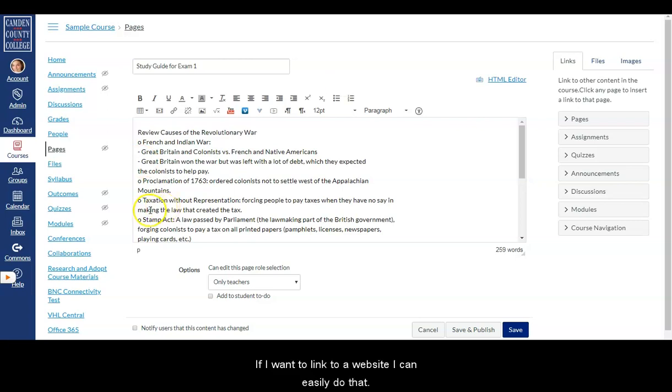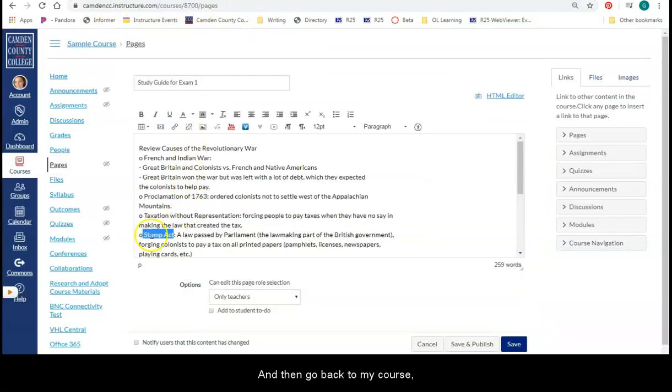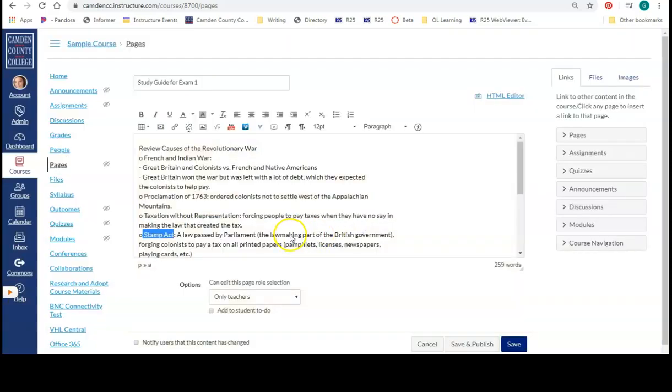If I want to link to a website, I can easily do that. So let's say I want to link to a website about the Stamp Act. I can go to my website and copy the URL, and then go back to my course and highlight whatever text I want to turn into a link. Click this link of chain icon, paste my URL in there, and now this text is a clickable link